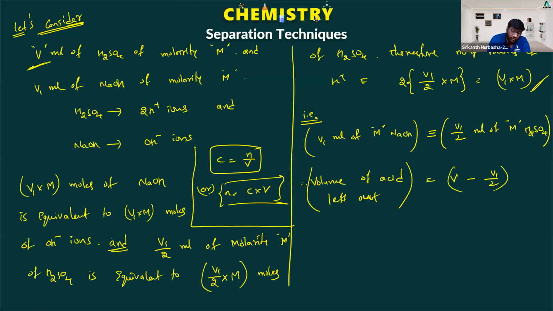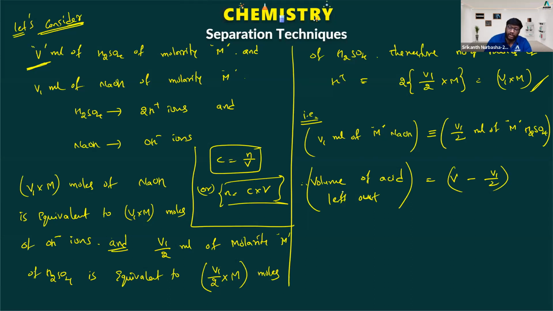V is the total volume of acid taken. V1 by 2 ml of acid has been reacted with NaOH. So how much acid is left out? Initial volume V ml minus V1 by 2, whatever has been reacted with NaOH. Is that clear, Vashita? Yes, sir. Yes. So V1 by 2 ml of acid neutralized with V1 ml of NaOH. So the volume of acid left out is V minus V1 by 2. How much acid is left out? V minus V1 by 2. And now